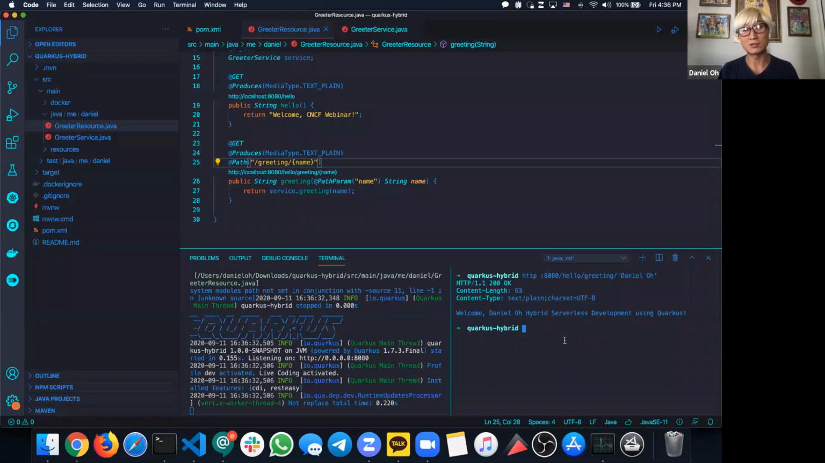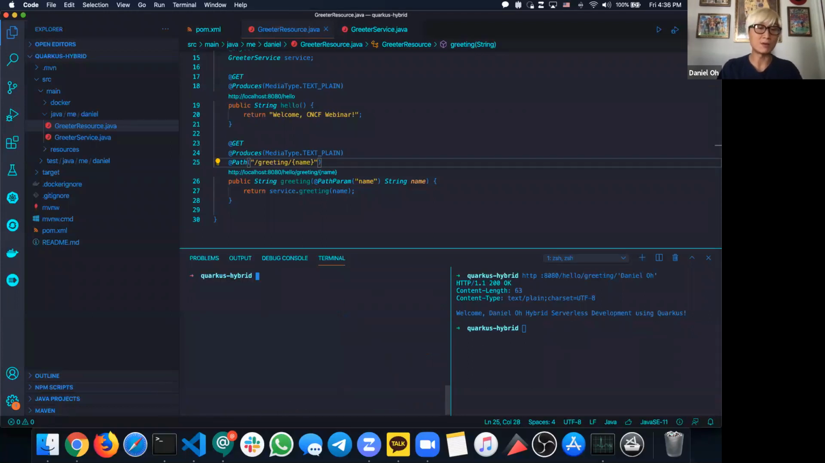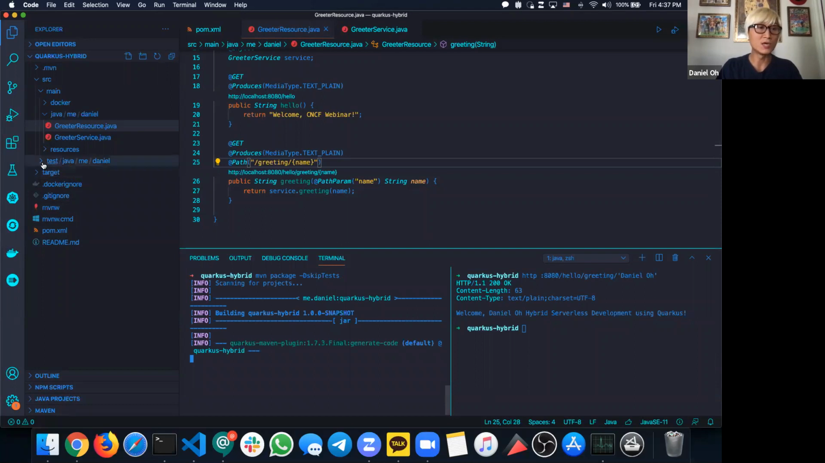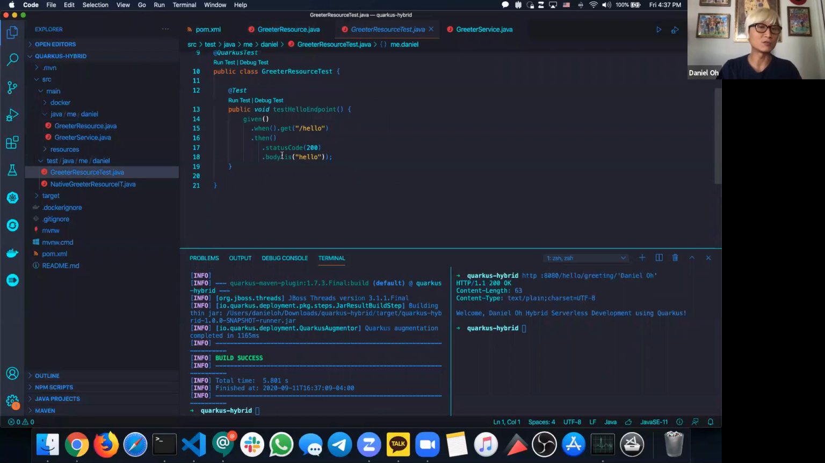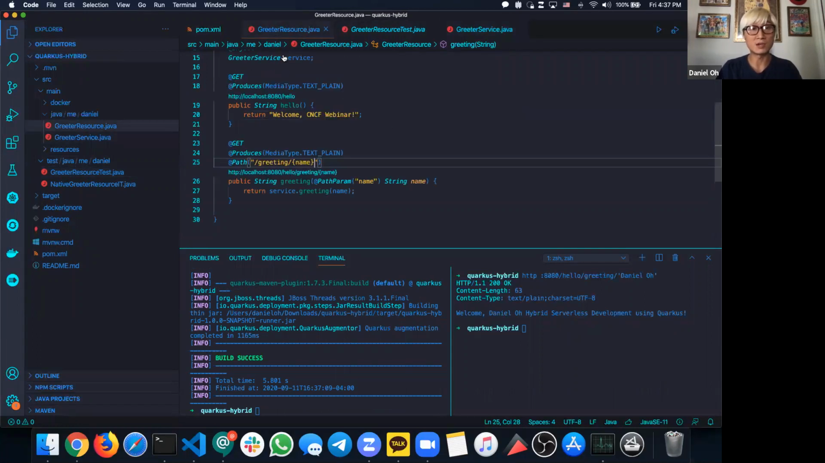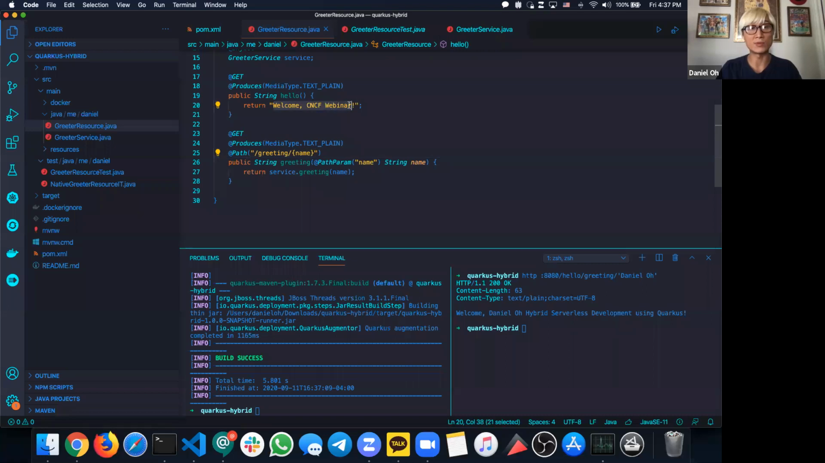So what are we going to do next? Now I'm going to do packaging. I'm going to stop my live coding and package my application, and I'm going to skip the unit test here, because Quarkus already includes a unit test based on JUnit by default, and the generated test scenario expects the return of hello. But as we already changed that to something like the welcome CNCF webinar,